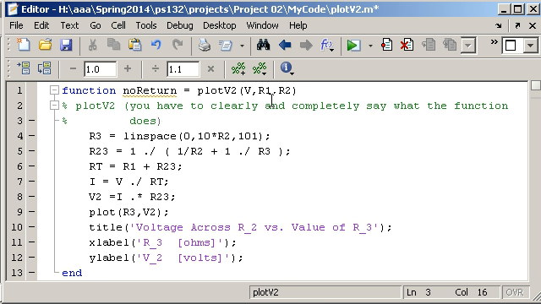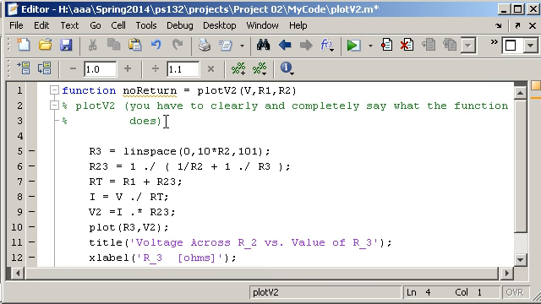And make sure that you say things like what the circuit is. It's probably enough. But in other words, you have to rewrite in your own words essentially the problem statement that I gave you, saying what this function does. And then you're going to say what your name is,